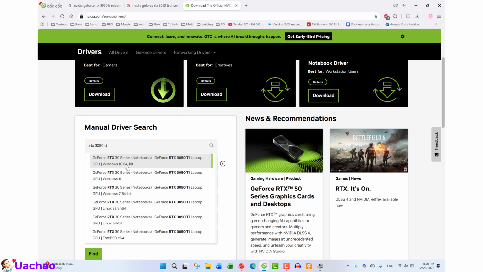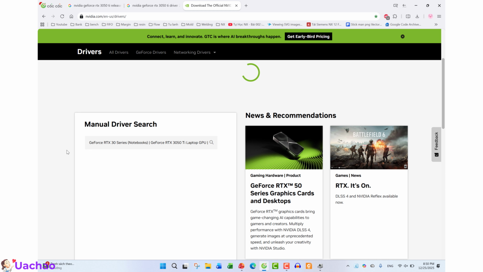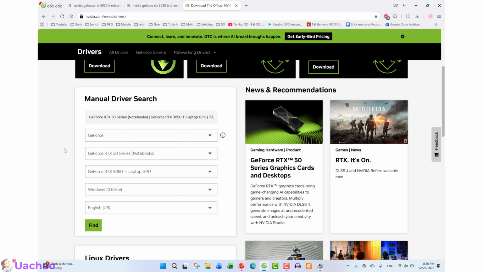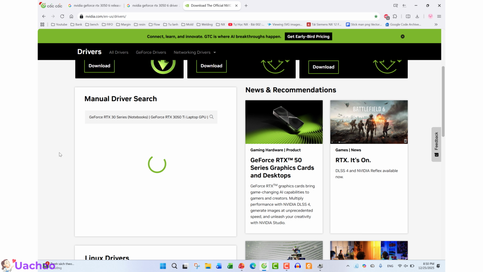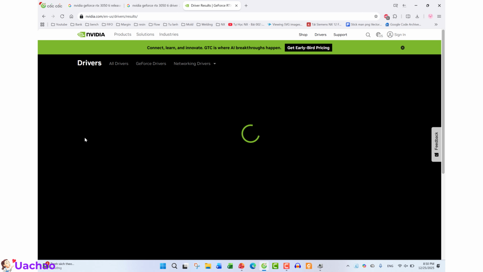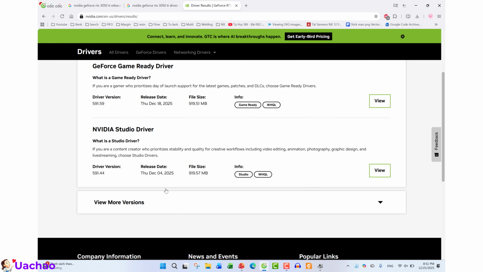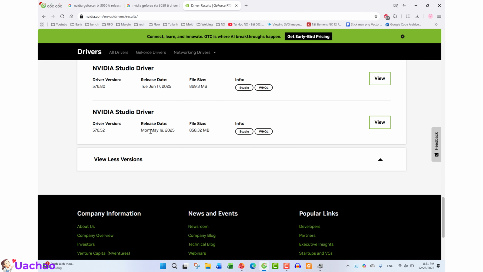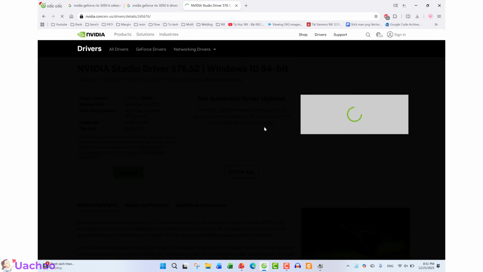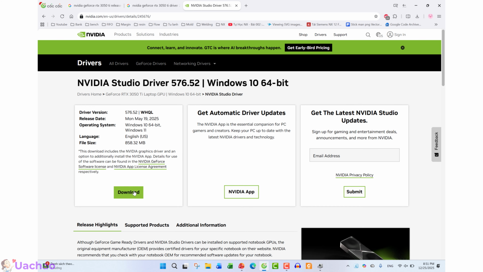Choose Windows 10. Even if you use Windows 11, it can help for an older driver. Click Find. Scroll down, View More versions to the oldest version. Click Download.